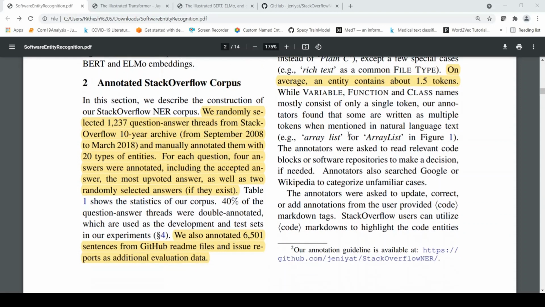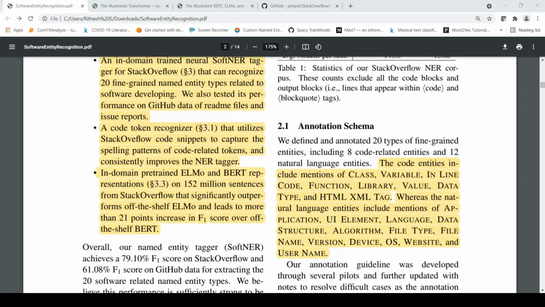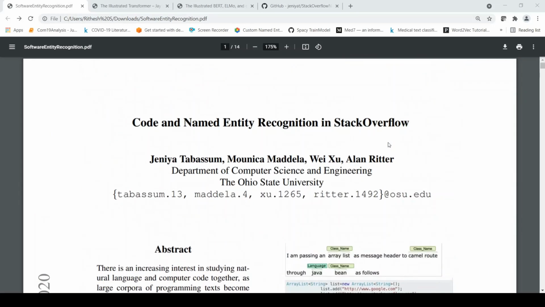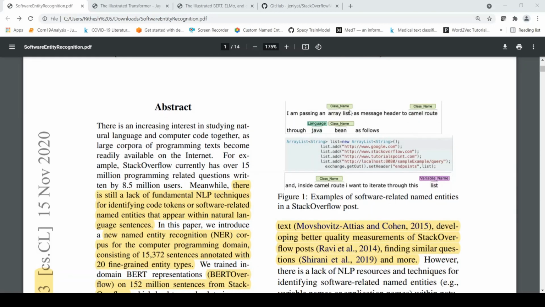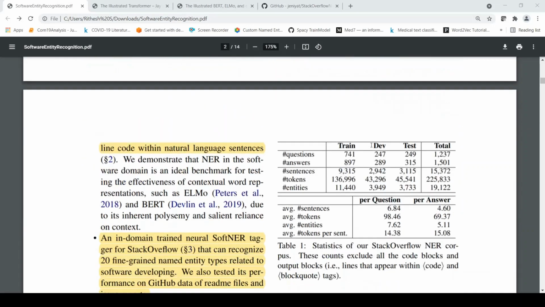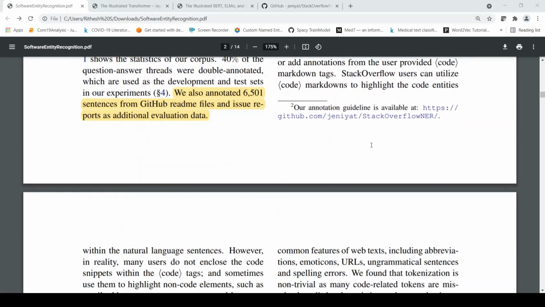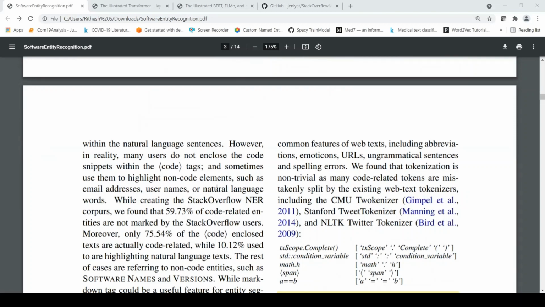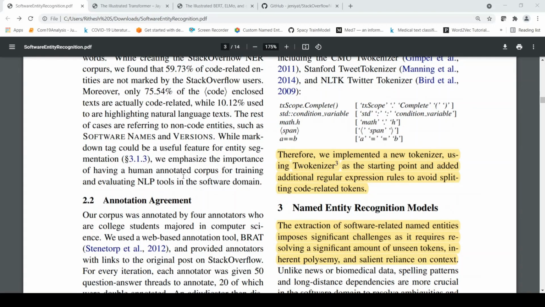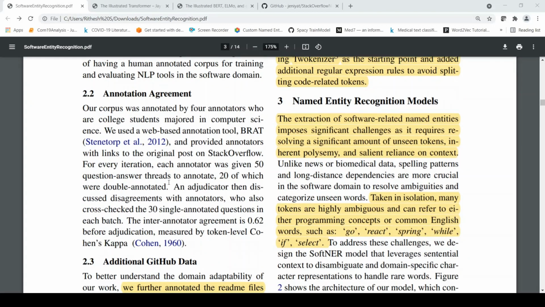So they have also taken care of things like array list. In the first example over here, see, the array list is actually split as two words. If you look at the language, it is one word. Okay, so they have taken care of such things when doing the annotation. Okay, more annotation, how it was done, the details you can find over here about the annotation agreement and other things.